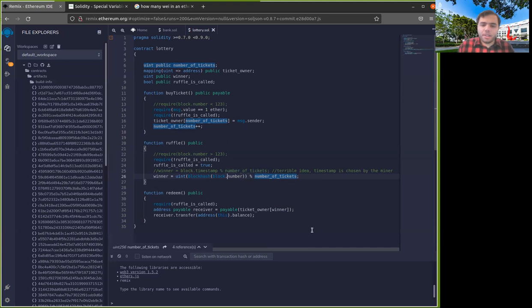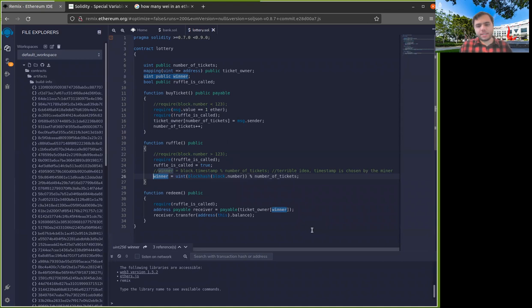So now this is arguably a bit better than the previous one, because in the previous one, the miner could just directly choose the timestamp. But now here we already have a hash, right? So it's not like the miner can just directly choose it. But this is still a terrible idea, because again, the miner has control over this block. The miner can choose what they include in the block and what they exclude. So the transactions in the block are under the control of the miner. And also the miner can mine this block using many different aliases.